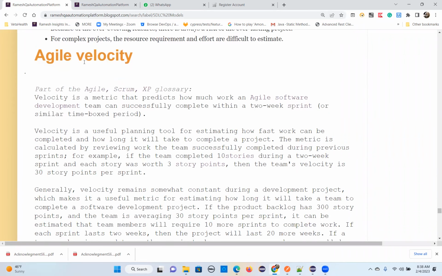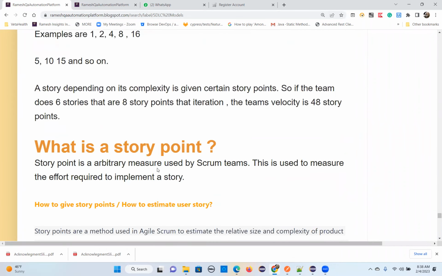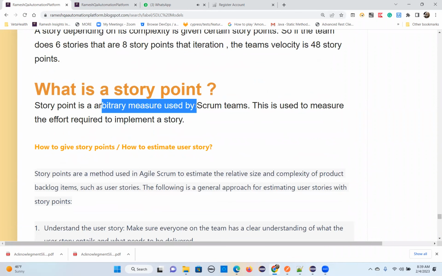This Agile Velocity I already told you about. It's a metric of how much work has been completed successfully in a particular sprint. That's Agile Velocity. Okay. Any questions? Story points I have also mentioned. It's a measurement to complete a particular user story in a sprint. That is called story points. These are all the points, and tomorrow is a very important day for us, and I'm going to show you in the